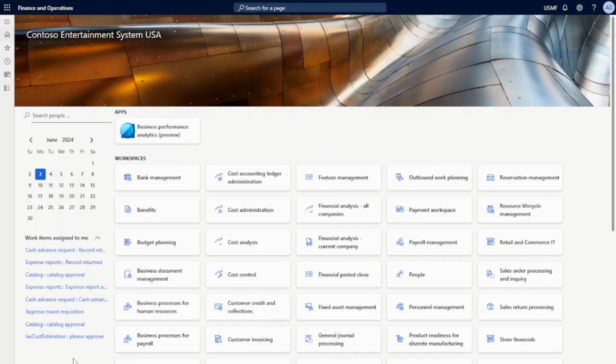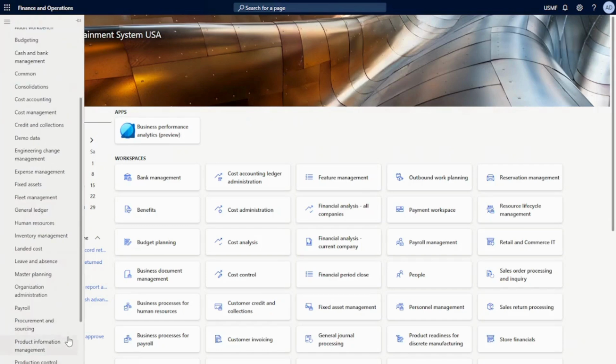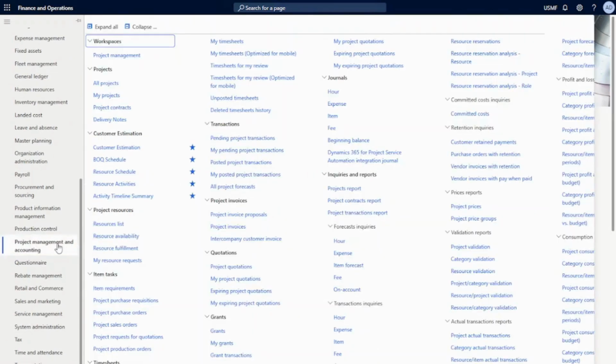The integration is also seamless with the CRM, where the sales and marketing team feeds information within CRM and that is translated into the estimation module within project management. So the LITS estimation module is available within the project management and accounting. So here you can see under projects, we have a section called customer estimation